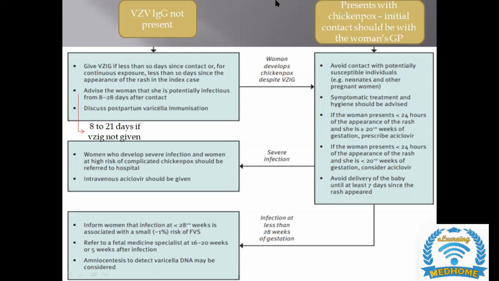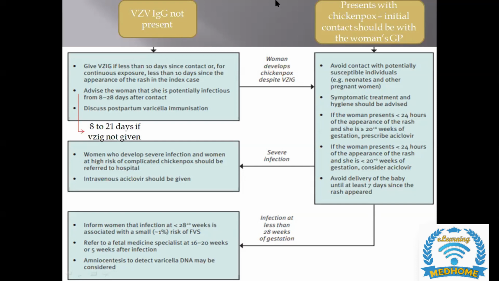Okay. But on the other hand, if we have given immunoglobulin, still the patient may contract the virus, because sometimes it may not be effective, or from the very start the patient comes to you with a history of having chickenpox. Then what will they do? First of all, in the UK, as we have discussed in the previous session, every woman first comes to the GP or midwife, then the GP refers to hospital if needed.